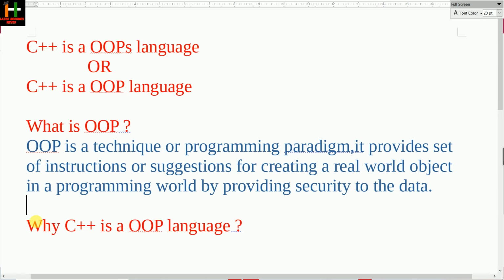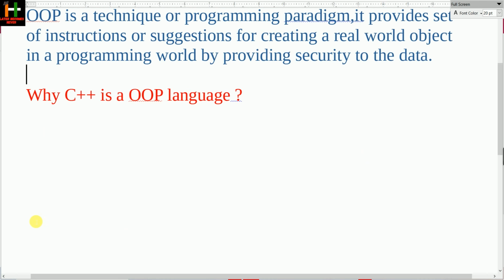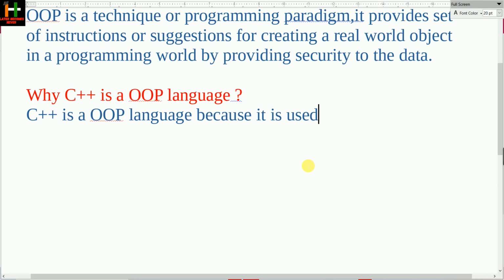And now our next question is: why is C++ an OOP language? I'm going to change the color. Okay, C++ is an OOP language because it is used for creating a real world object in a programming world